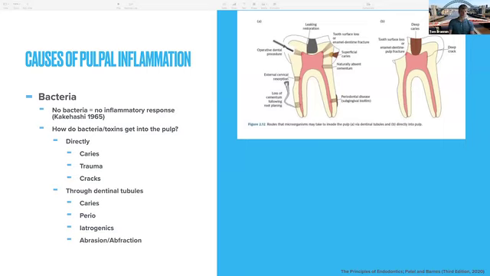And so, how do the bacteria get in there? Is it directly? Is it things like trauma, cracks, or caries, or is it indirectly? So when we've got perio-endo lesions, you've got a lot of recession around teeth, and those dentinal tubules and the root surfaces are getting exposed, and sometimes that's another way bacteria will gradually get into these teeth over time and start to cause these areas. And they're often the ones where you see teeth don't necessarily get irreversible pulpitis and die off in a flurry of pain. They're the ones that often just meander out of life, become necrotic over years, and then these are sometimes the ones you pick up on radiographs at a later stage where they've got this chronic asymptomatic lesion,